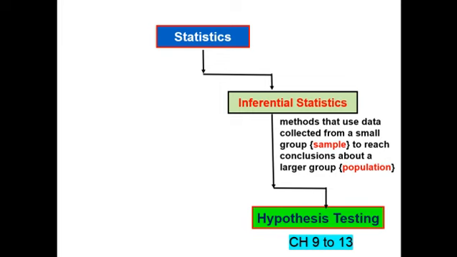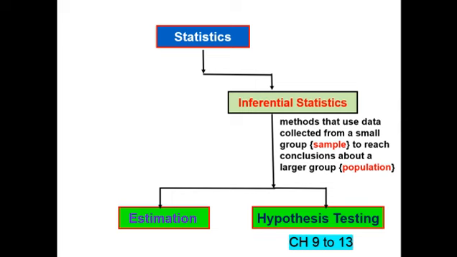So in inferential statistics, we study a population using samples from the population. And there is another topic under inferential statistics called estimation, and we have discussed this topic in chapter